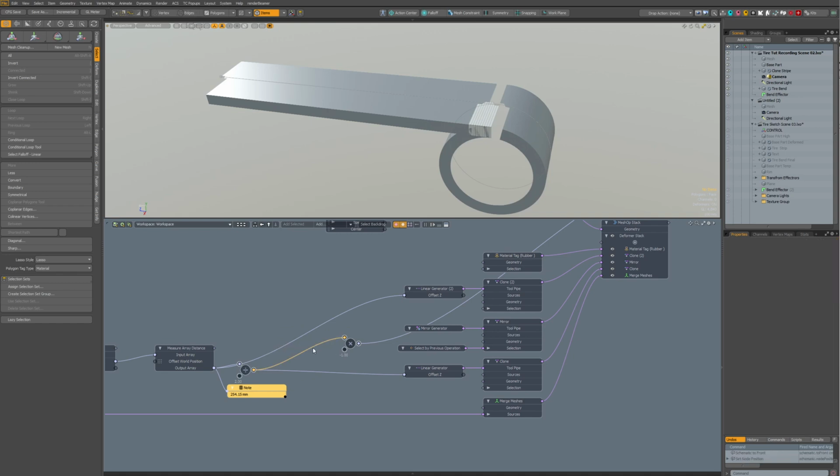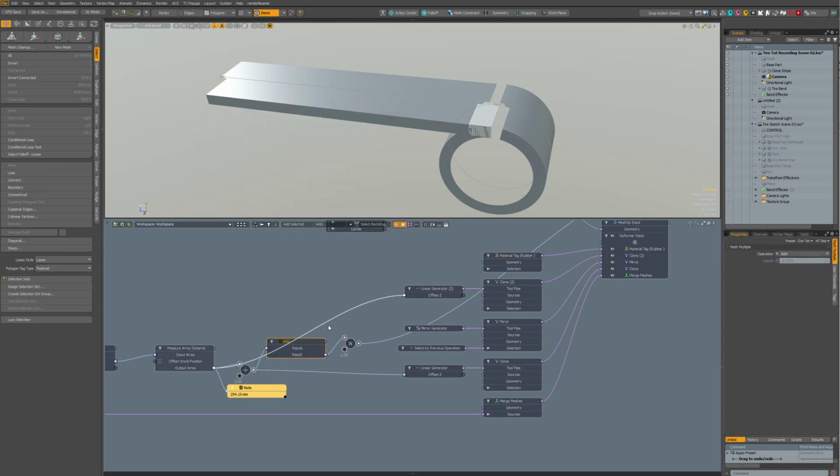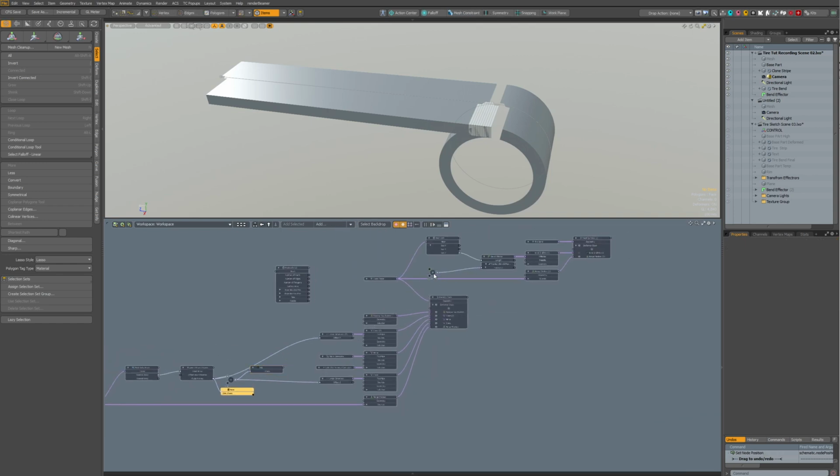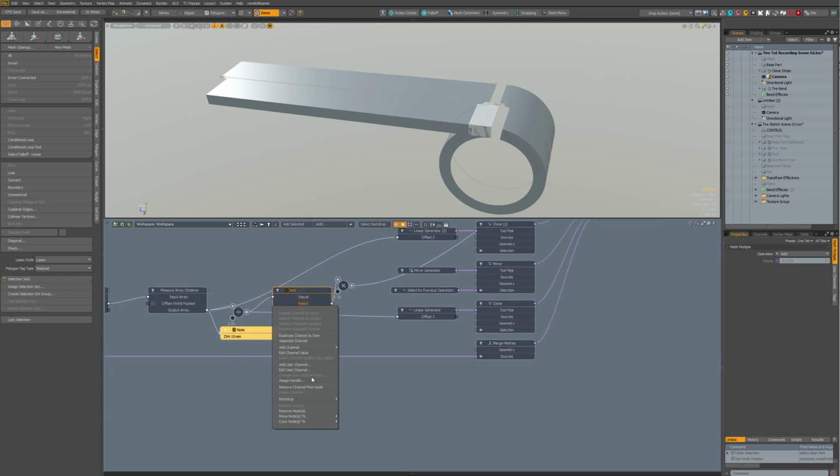We can add another math multiply. It's this, for example, and we can take it out, I separate it, so we can channel separate.